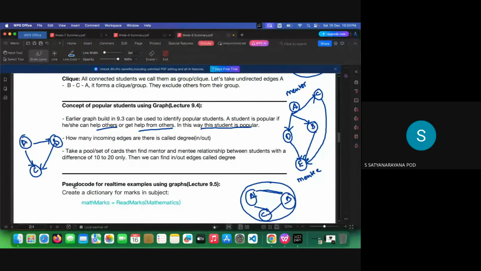So C and B is not same. A and B also not same because B is getting the help from A. But A is not getting the help from anybody because it's a directed graph. So now take a pool or set of students or cards, find the mentor and mentee relationship between the students